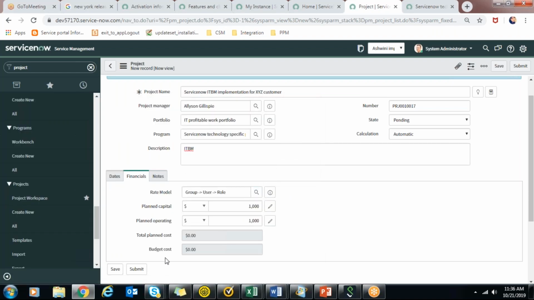You can define this and submit this project. If the calculation is automatic or manual, like how the cost plans and everything are calculated, if you want it automatic, then you submit this project.